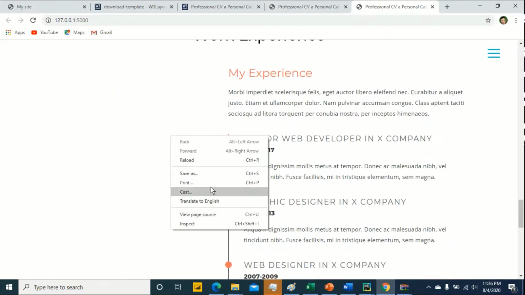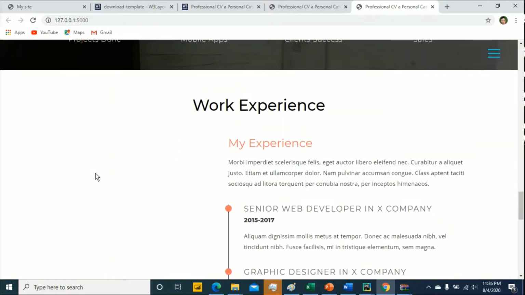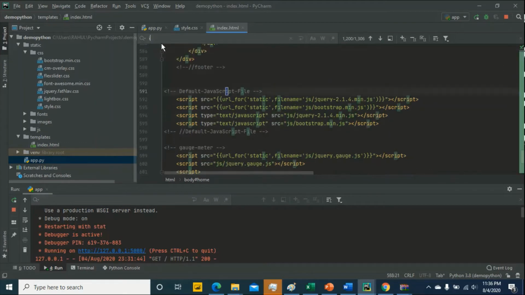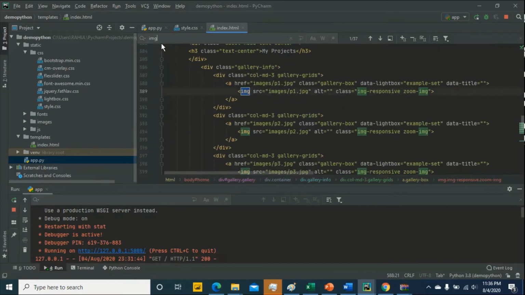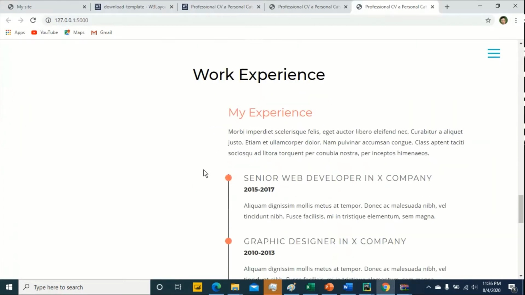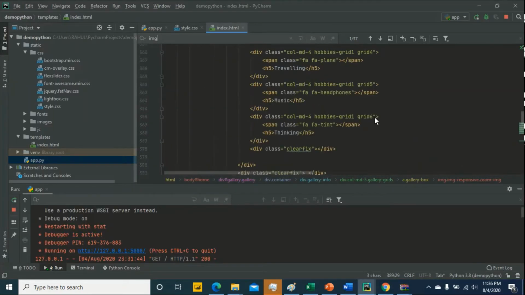You'll see there are no images present. Then just click on here and Control F and img. Enter img. See here, we require this one image first. img.